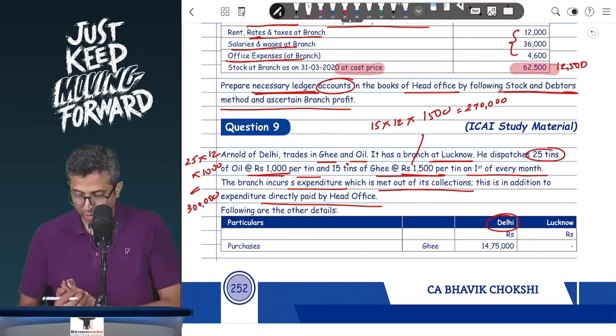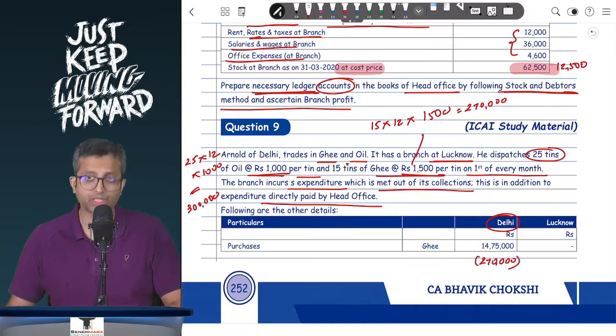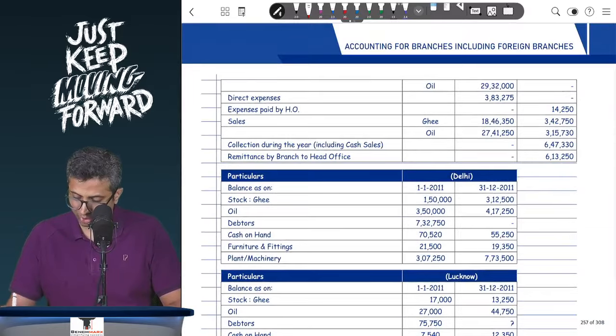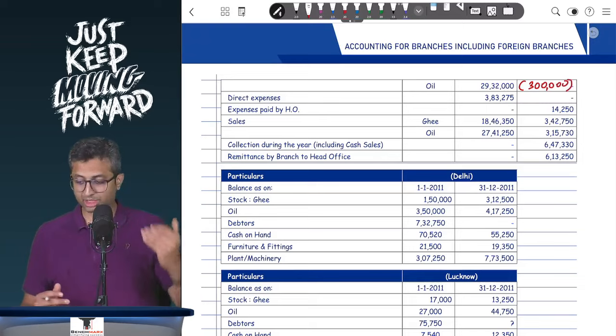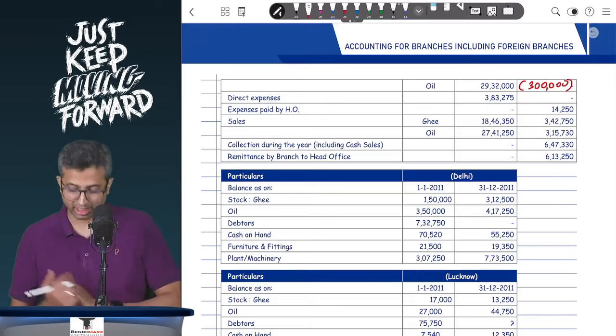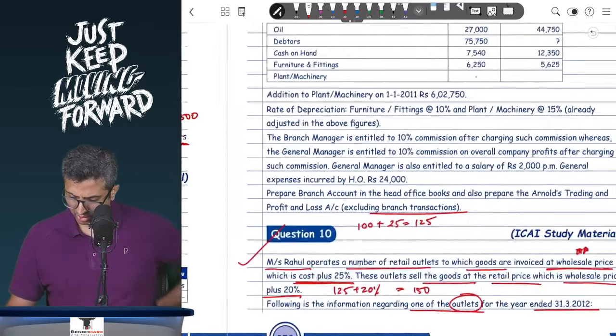So over here there is purchases of ghee worth 14,75,000. Out of this, I can say some of the ghee is transferred to the Lucknow branch. So can I say around 2,70,000 of ghee is transferred to the Lucknow branch. Next, you will have oil, and again out of this oil, around 3 lakhs of oil is transferred to the Lucknow branch. So in the books of the Lucknow branch, there will be 2,75,000 and 3 lakh rupees of ghee and oil coming in. Okay. Next,